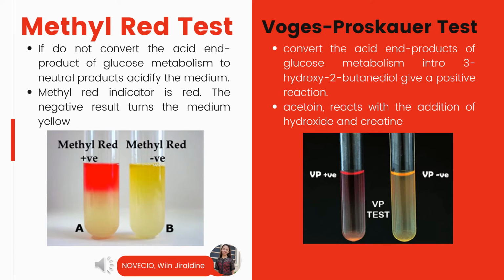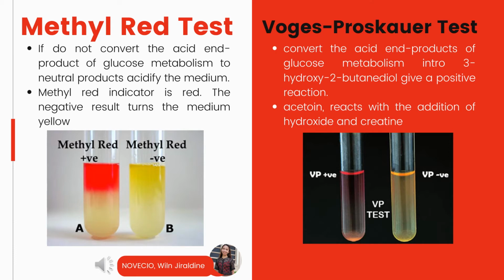in the bacteria. The acid so produced decreases the pH to 4.5 or below, which is indicated by a change in the color of methyl red from yellow to red. In the methyl red test or MR test, the test bacteria is grown in a broth medium containing glucose. If the bacteria has the ability to utilize glucose with production of a stable acid, the color of the methyl red changes from yellow to red when added into the broth culture.